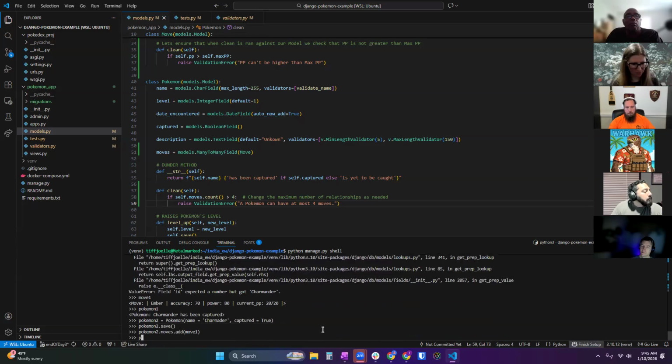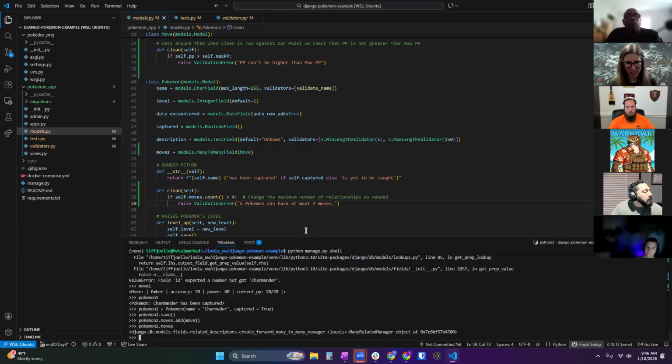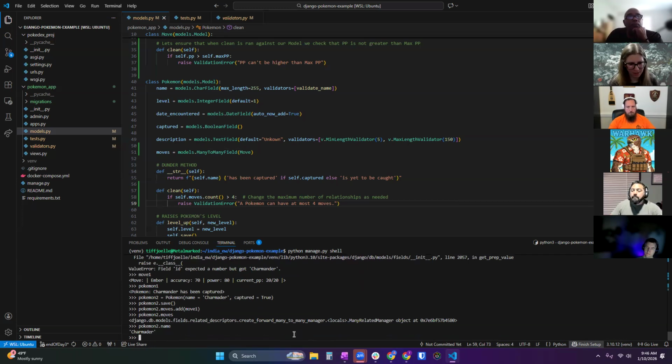Now when we want to see Pokemon 2's moves, we can't just say Pokemon 2 dot moves. It gives us a many-to-many relationship. We're able to do Pokemon 2 dot name and see Charmander, because that's just one value, but the many-to-many relationship is holding another related object.